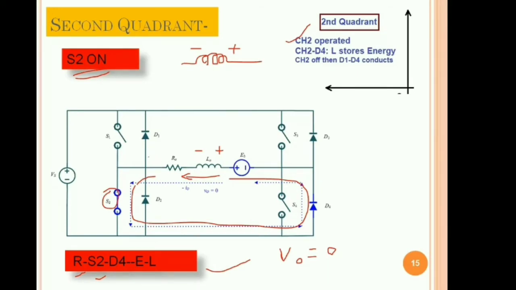So previously we assumed the reference direction is from left to right, but here the current flow is the opposite way, that is, right to left. So both are in opposite ways. You can say the current direction is negative. In the second mode, the direction of the current flow is negative. So now this inductor is getting charged with minus plus, left side minus, right side plus.